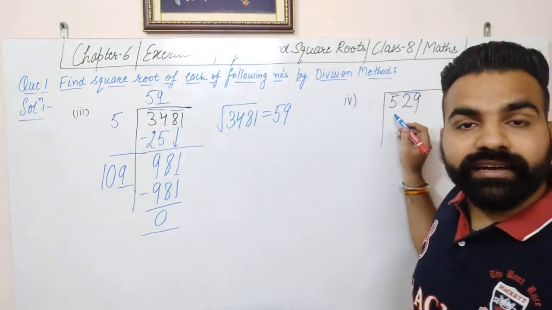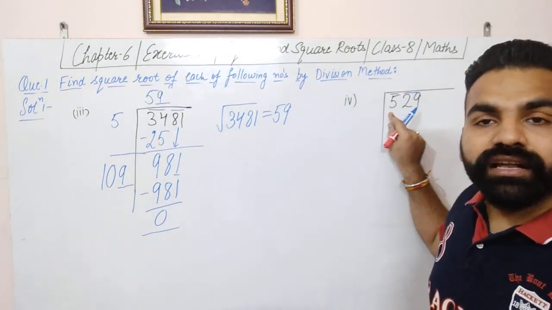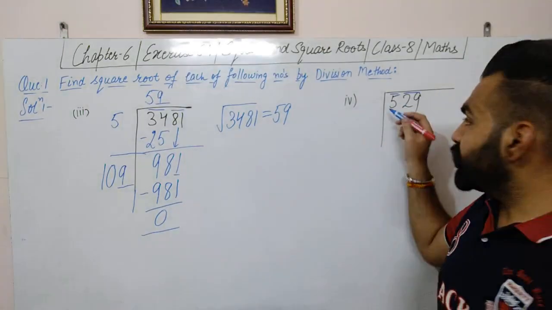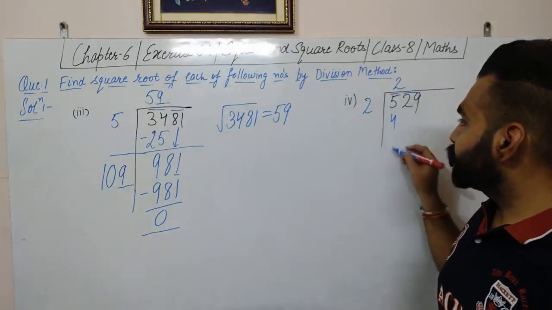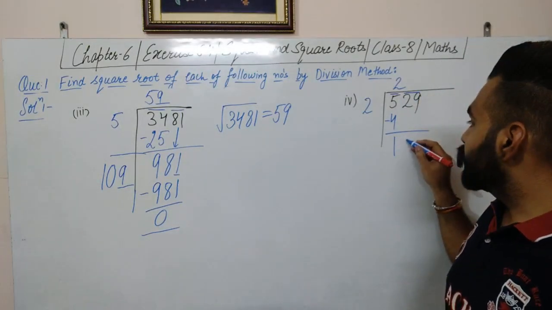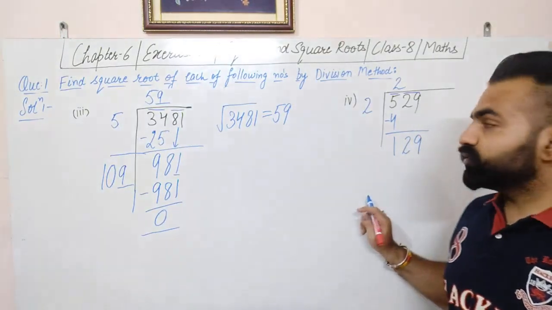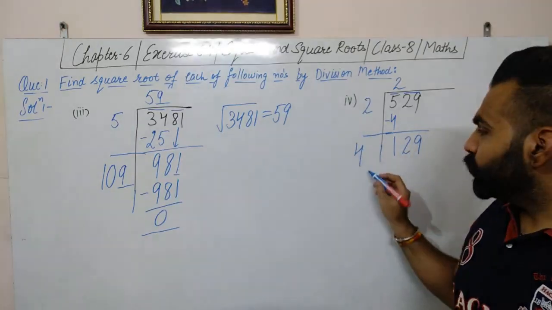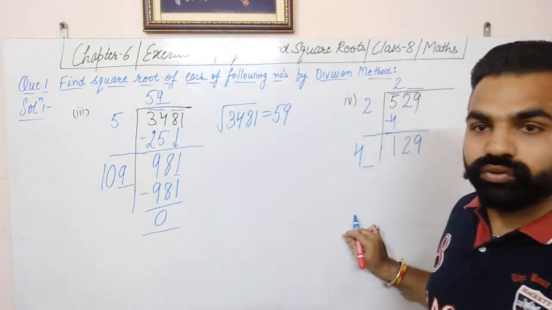The same procedure will follow now. We have to take a perfect square number which is less than the first bar, that is 5. And we know that the square number which is less than 5 is 4, and 4 can be written as 2 into 2. So 2 into 2 is 4. We will subtract 4 from 5. 5 minus 4 is 1. This will be equal to 129. Next step is to double the divisor here. So double of 2 is 4 and we will put a blank here. We have to take the same digits in these two blanks.